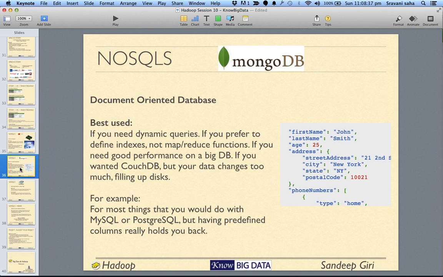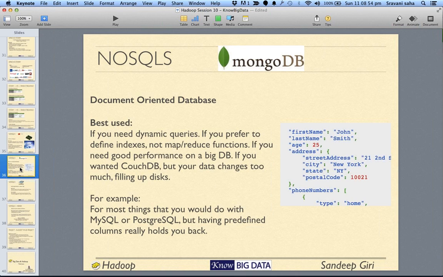Next is MongoDB. When you want to store your data in the form of objects, then MongoDB is a good database.